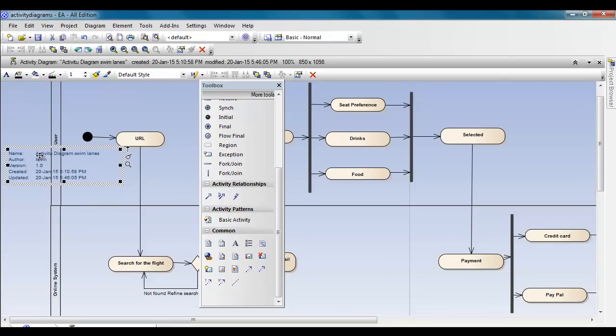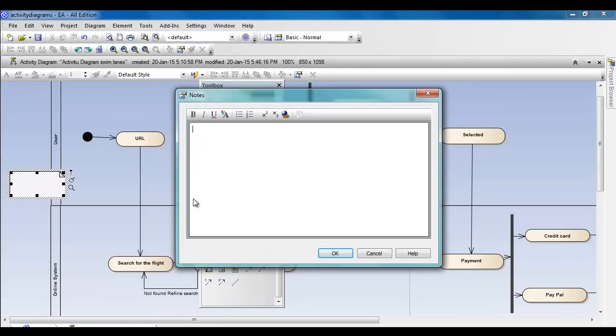If I want, or I can say type a node and I say activity diagram